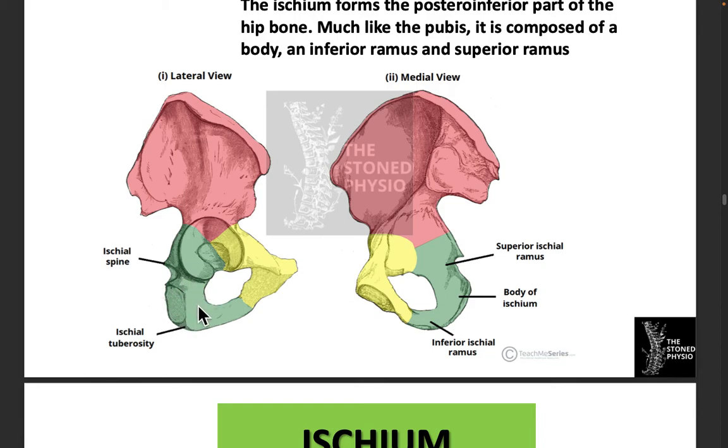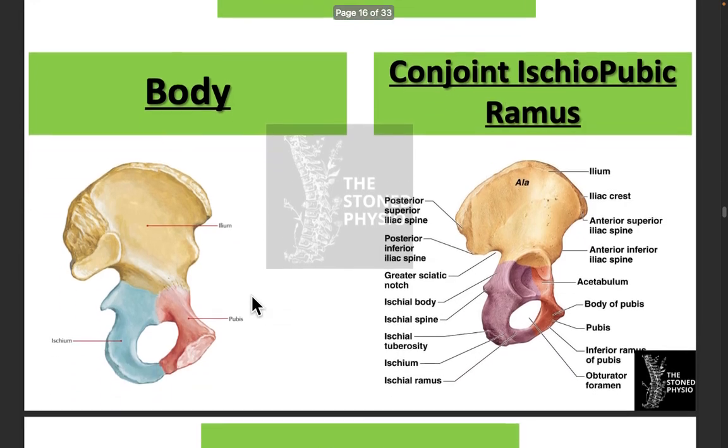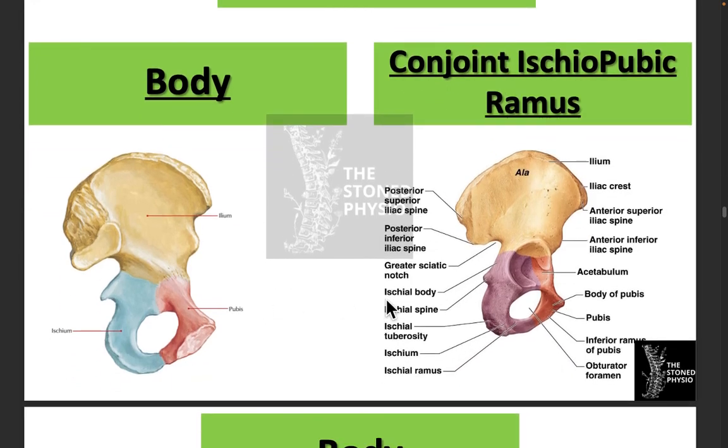This is the body of the ischium, this is the superior ramus, participates to make the acetabulum, the inferior ramus, and eventually it makes the conjoint ischiopubic eminence, this particular region where we can see both the bones they attach to each other, ठीक है। That is the ischiopubic eminence. So we can talk about the conjoint ischiopubic eminence, this region and the body, ठीक है। The body is simply the body region, ठीक है। The body के बाद we have got the superior ramus and the inferior ramus, ठीक है।